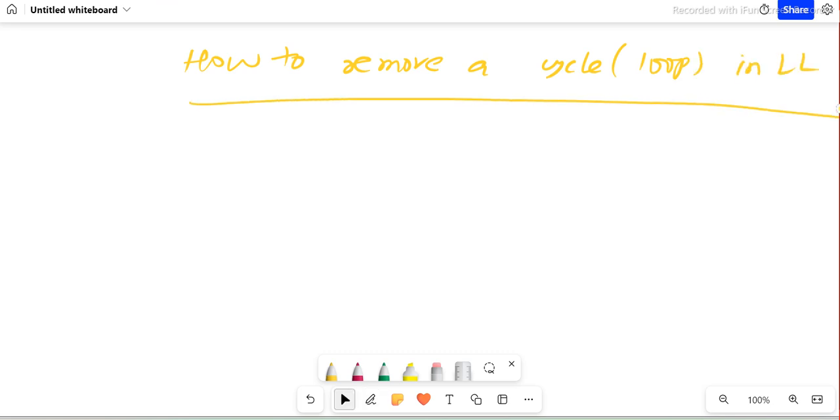All right, so let's first try to understand the approach, that is the most important thing. We will see how exactly, using Floyd's method, we can detect a cycle and how we can remove it. So we will use Floyd's algorithm. This was given by Floyd, right? And then, let's say I have